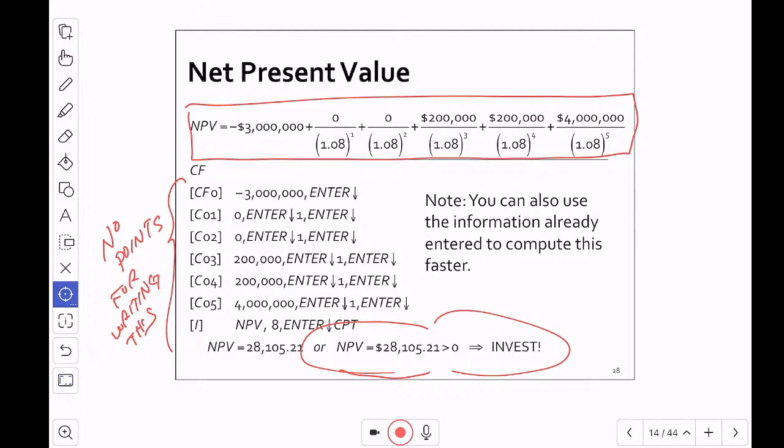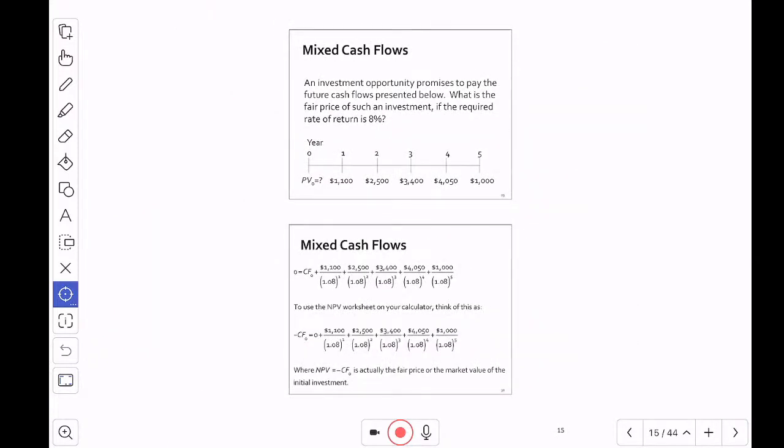So this is the convention then, that we convert future cash flows into present value dollars so we can assess with that amount what to do. If it's positive, it means it's a profitable investment. If it's negative, it means it's a loss. So in this case, it's profitable. So next,